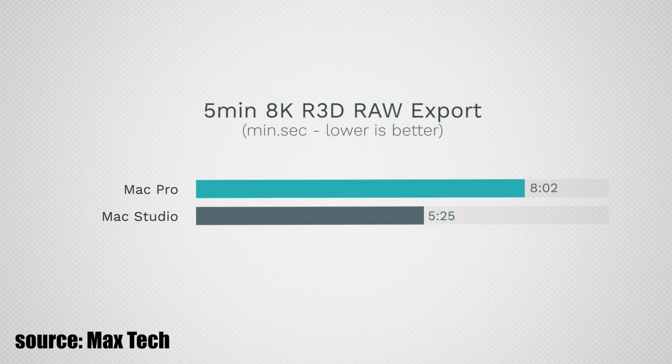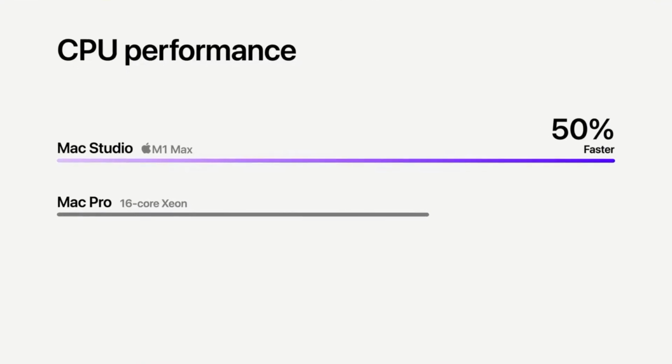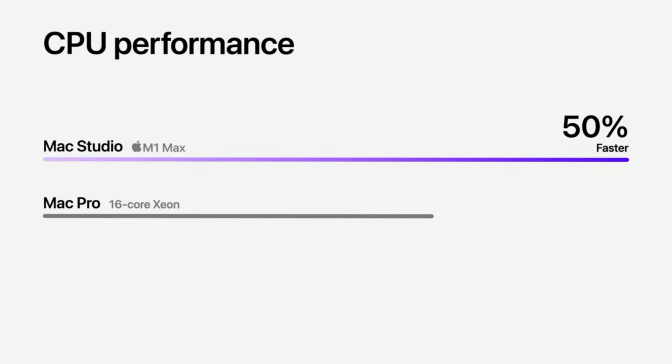But Callie, all the big tech reviewers are saying that the Mac Studio is more powerful than the Mac Pro. Well, sometimes it is. Let me explain. When it comes to CPU, the Mac Studio does in fact come out on top. So if you're a studio and you're mainly running CPU intensive tasks, then the Mac Studio is perfect for you. However, anyone that's buying a Mac Pro is buying it for one thing and one thing only: